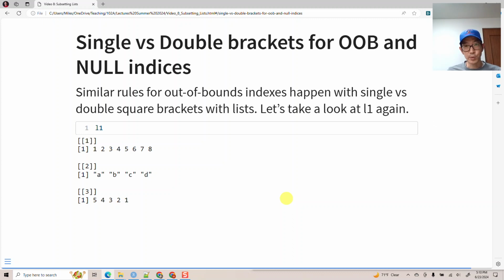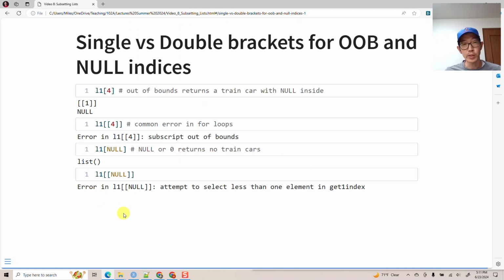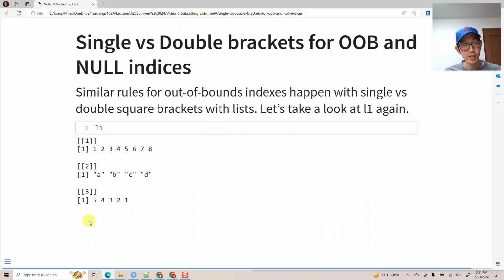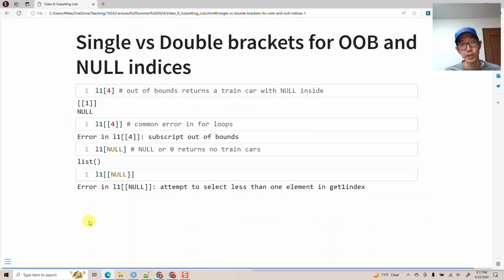Other things for out of bounds and NULL indices. We have similar rules for out of bounds indices. Let's take a look at list L1 again. This is list L1, a list of length 3. We've got a vector of 1 through 8, a vector of 4 letters, A, B, C, D, and a vector of length 5, 5, 4, 3, 2, 1. If you say give me an out of bounds index, give me the 4th train car in this list that only has 3 things, you get back a list with a NULL,